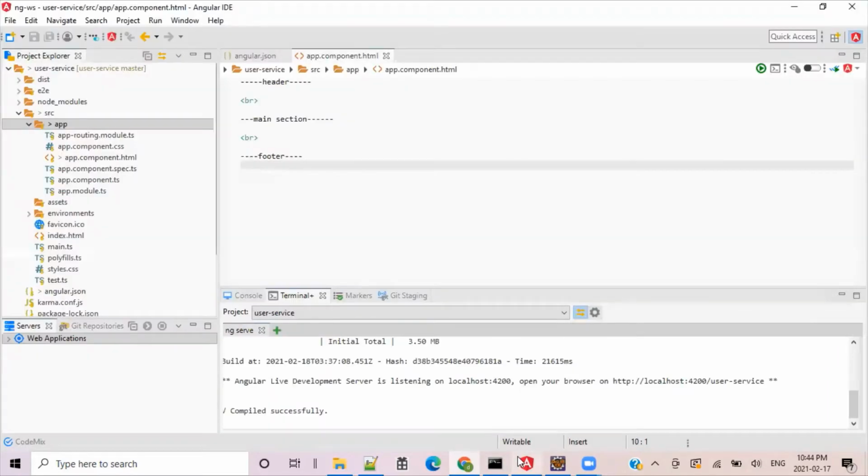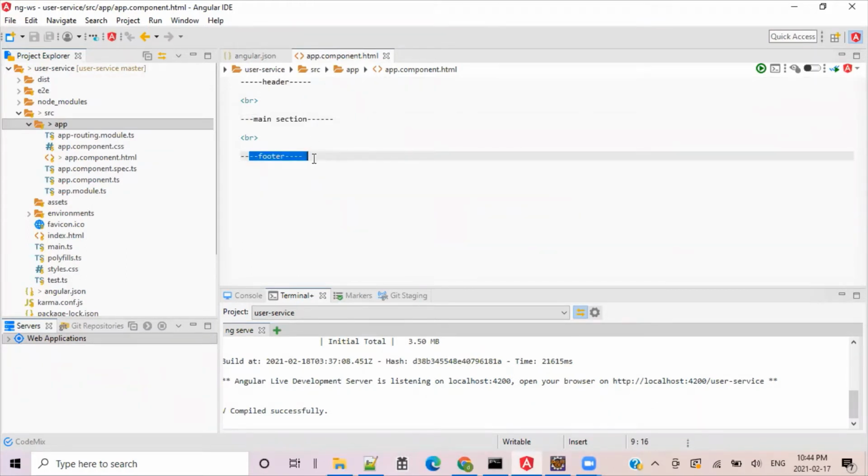all hard coded. So in the code, this is my Angular IDE. If you see that was our main page, the front page of the website. I just put in a header and a main section and a footer, and that is where we left in the last lecture. So in this lecture, what we are going to do is that we'll create three components in